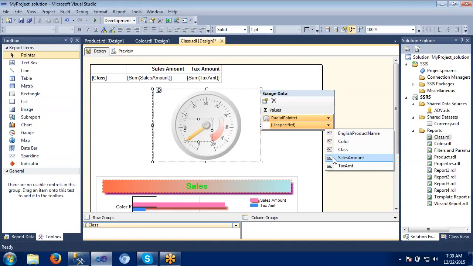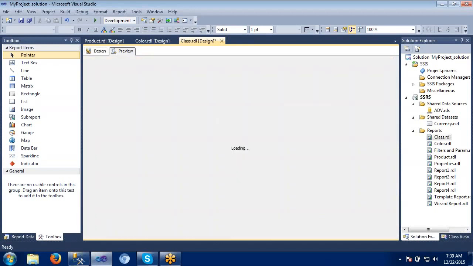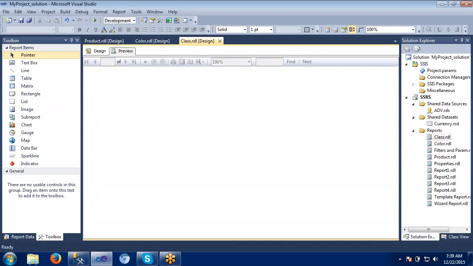So for this, I am taking some sales amount here. This is the column here. Let's preview it here. I have just added one sales amount only, that's it. I didn't add much over there. So now the gauge will be handling only one column of data, that is nothing but the sales amount.